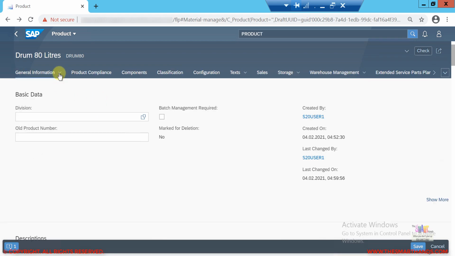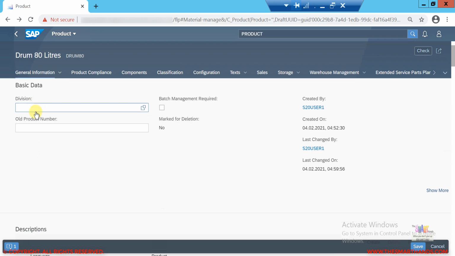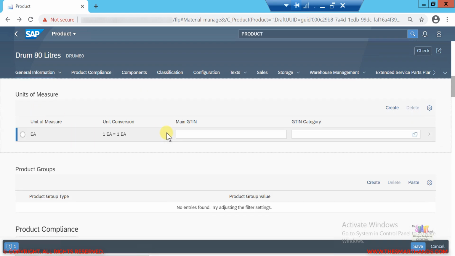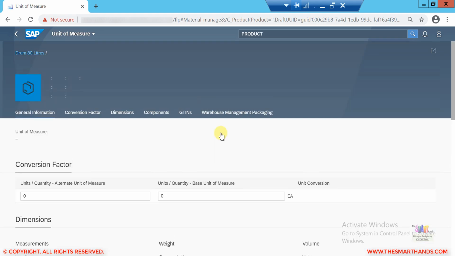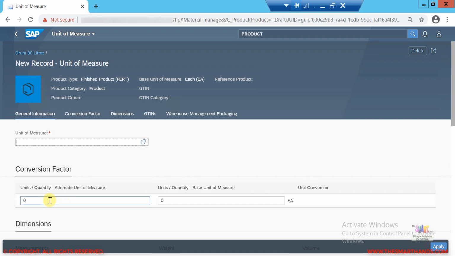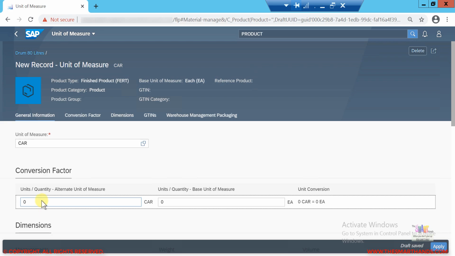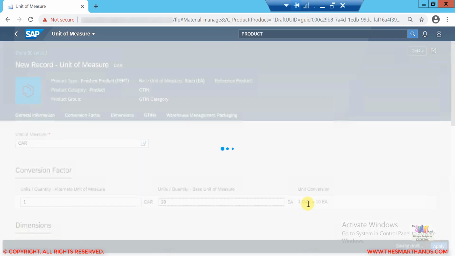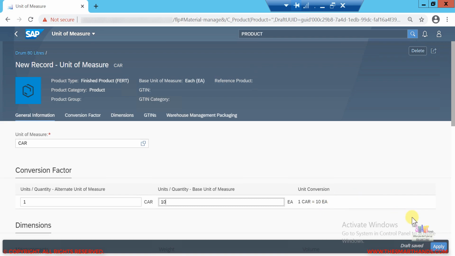Here we are, and then you can click on this and click the units of measure. Here I can maintain different units of measure. I can click on create, and then there's another screen here, so I can maintain, say, unit of measure is carton, CAR, and I can say one carton is equal to, for example, 10 each. So you can see here one carton is equal to 10 each. I can apply,